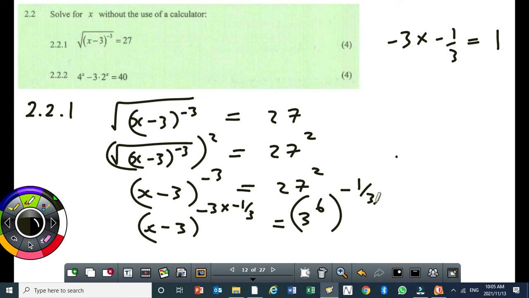Okay, so we end up having x minus 3. Then on the right, 6 times minus a third. That will give you 3 to the power of negative